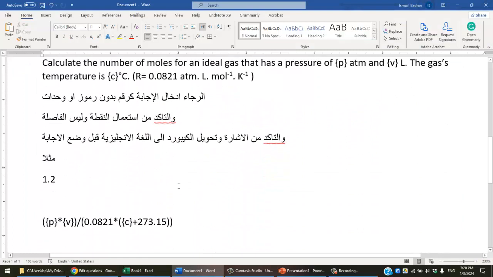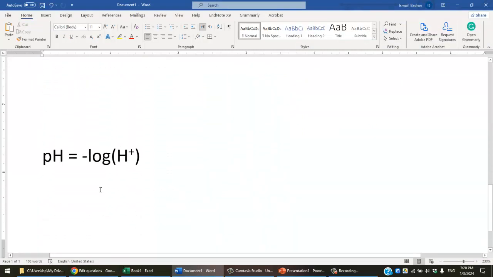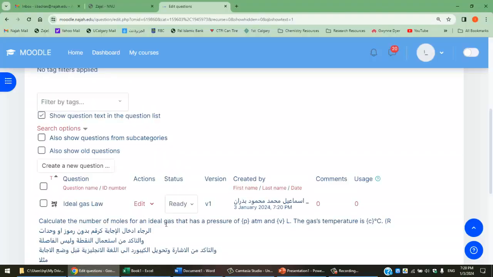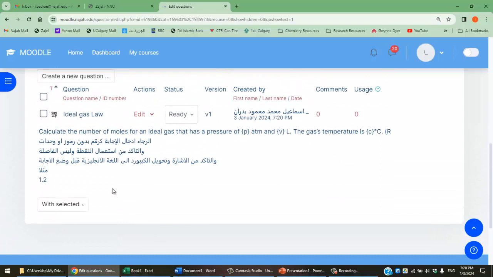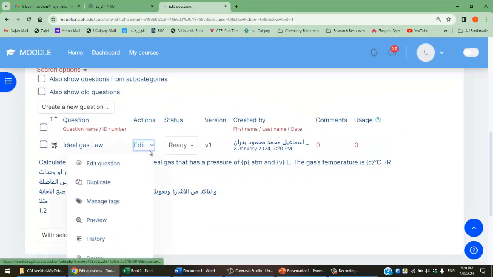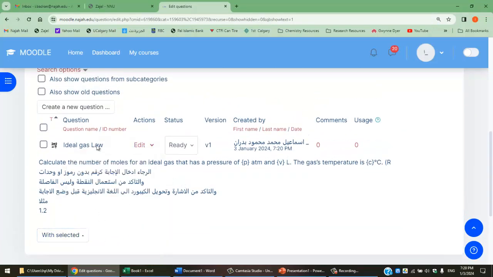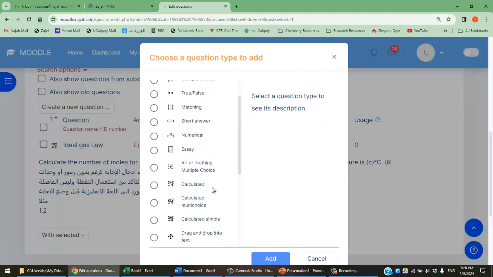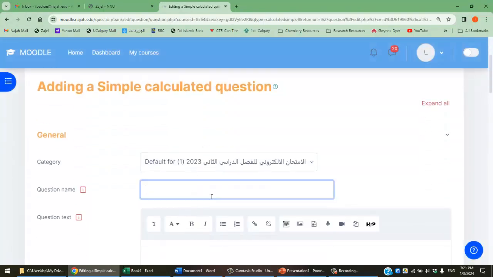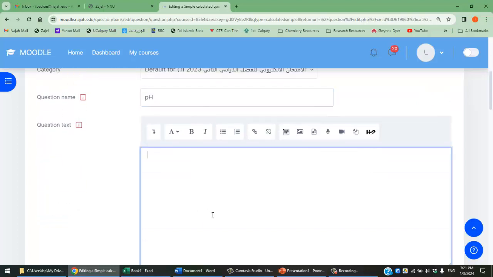I have another example which relates to the pH. So the pH, of course, in chemistry it's minus log H plus. So you can generate another question with the simple calculated, and here let's say pH. Let's call this pH. Let's say calculate